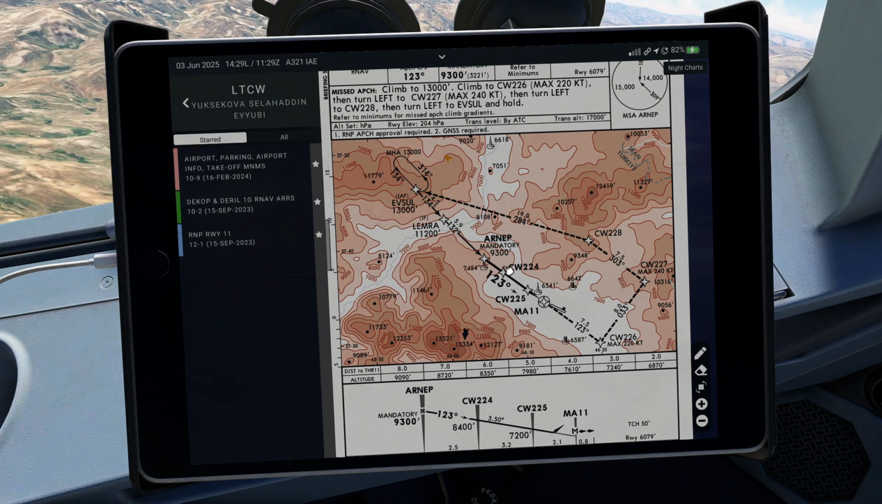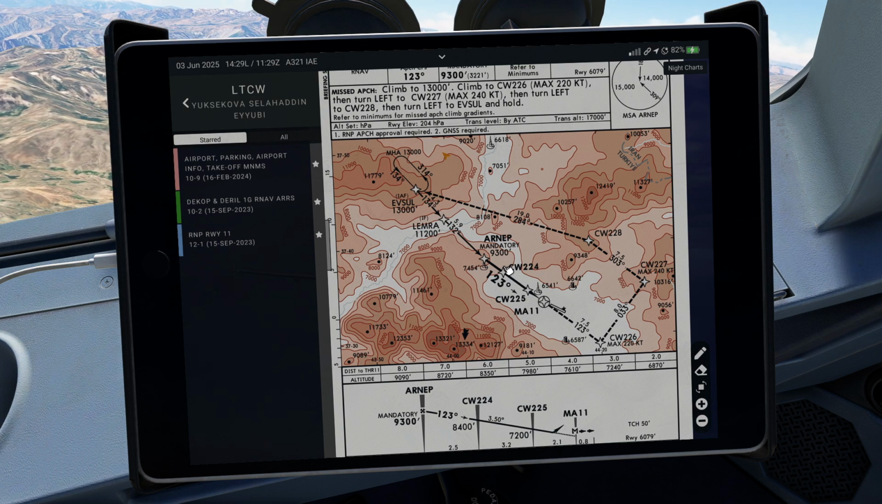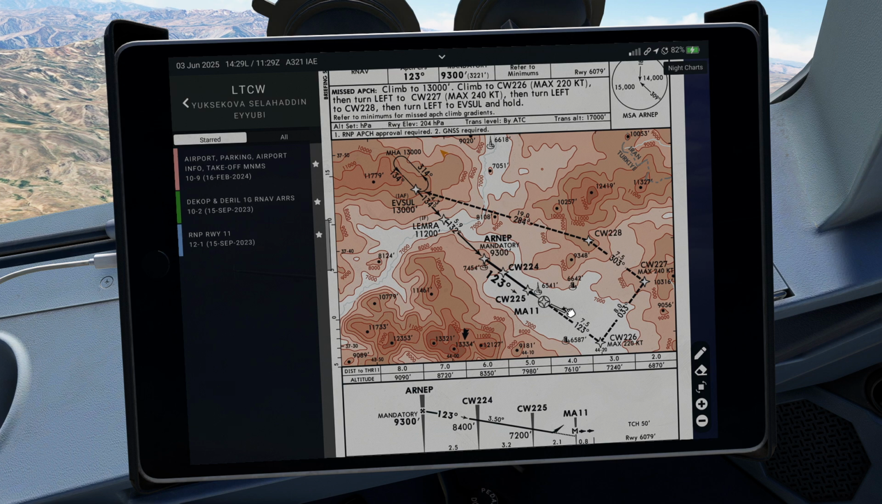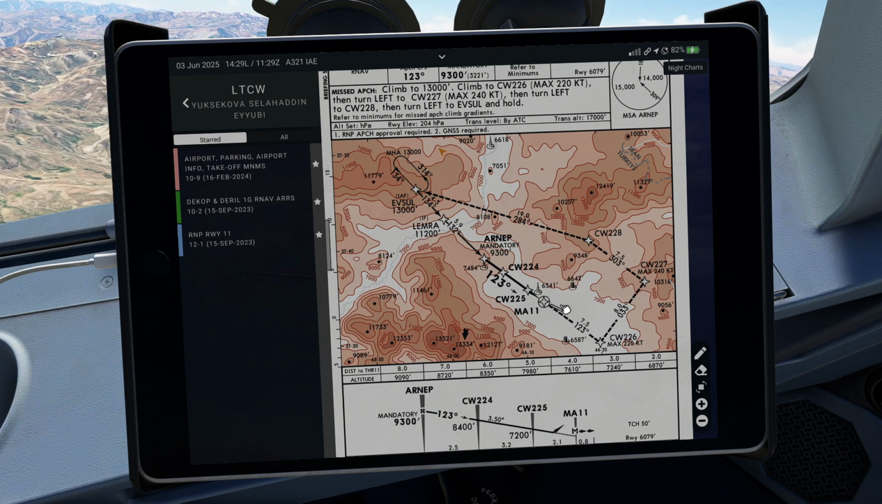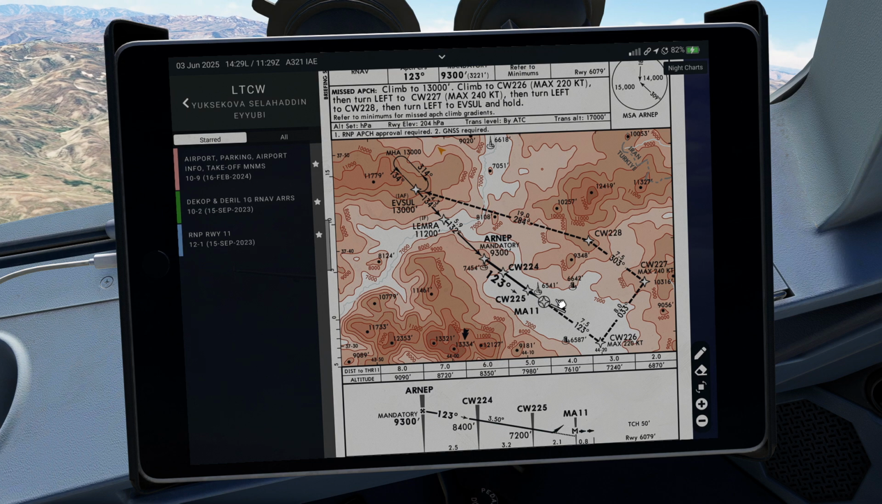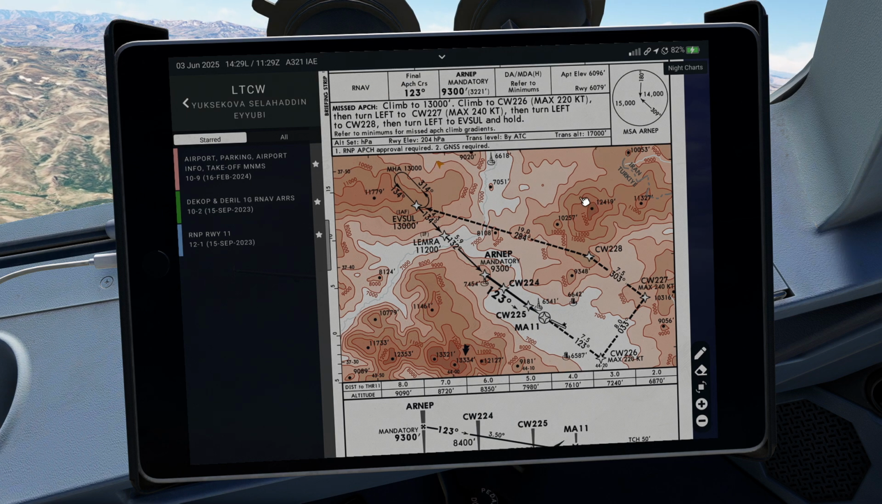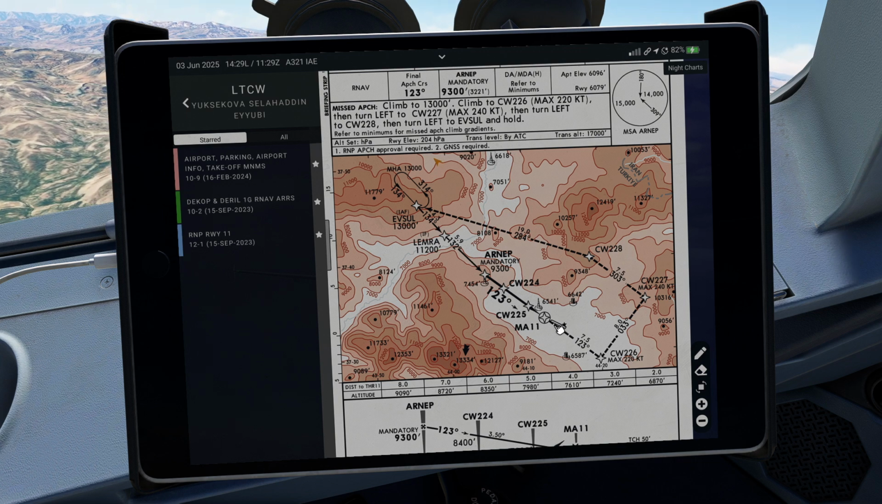Whenever, by definition, you are approaching toward flat terrain, or the airport is located in a flat terrain area, in most cases the MSA is based on the aerodrome reference point. But if the aerodrome is located on terrain